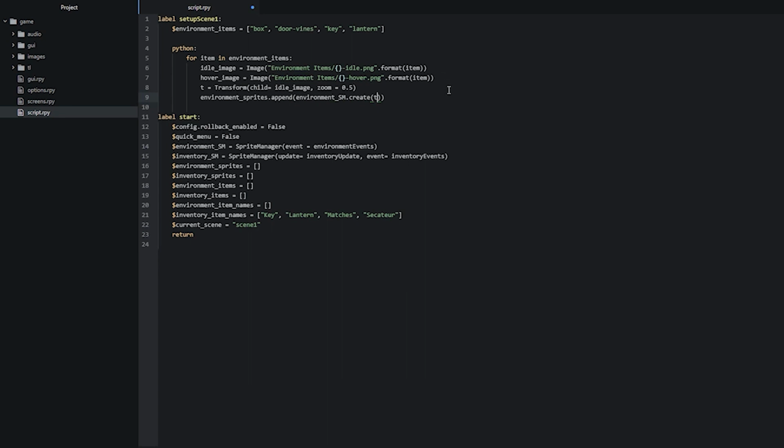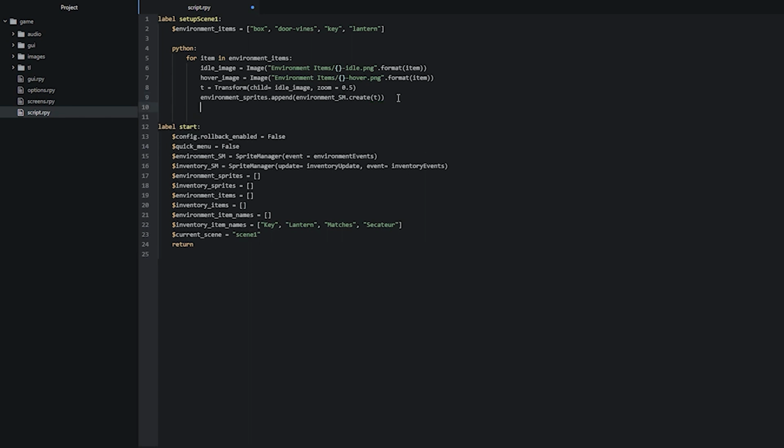So now that we have done that, we are going to go ahead and create a few custom attributes for these sprites, and these are going to hold different values, which is going to help us later on in the code. So we're going to create a new line, and to access this sprite that we have just created inside of this for loop, we're going to grab the last item inside of the list. So we're going to say environment sprites, and then inside of these square brackets we're going to write -1, and then we're going to say dot,